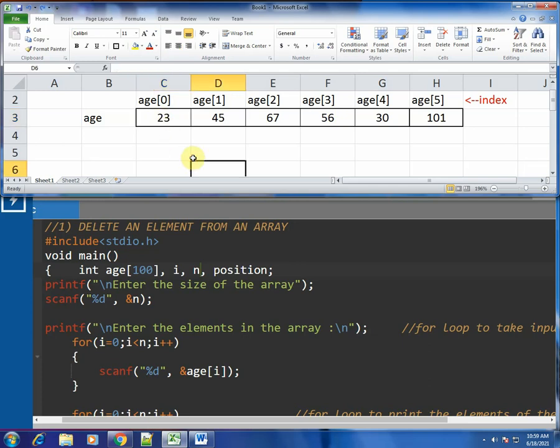Alright, I have taken the same example which I have taken for the previous cases, where I am actually searching for an element, where I am inserting elements into the array. I have taken the same example so that you do not get confused.